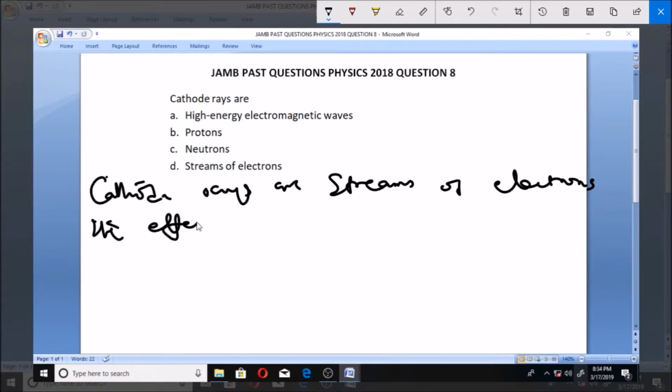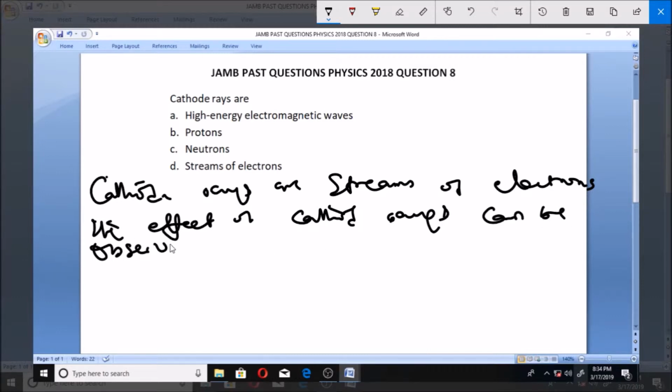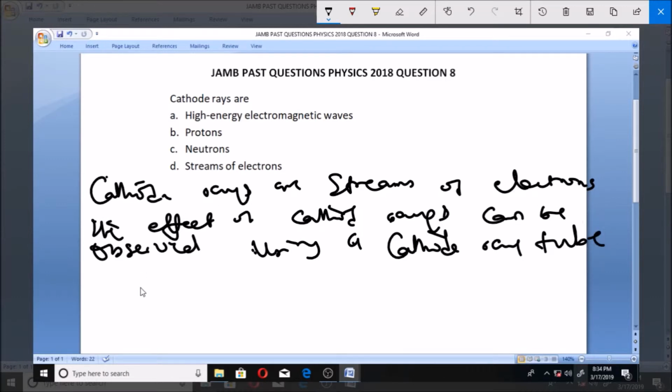The effect of cathode rays can be observed using what we call a cathode ray tube. So when you check your textbook for cathode ray tube, you're going to see this very